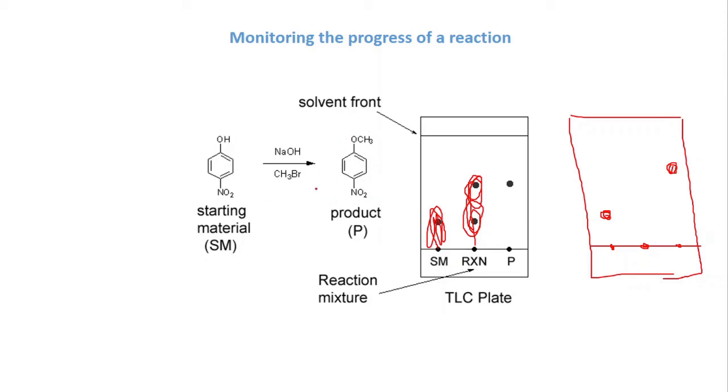This reaction you are running, reactant and product both you have in the lab. So that time you are spotting the product. Otherwise, if you are doing a new reaction, you may not have the product. So that time you cannot spot the product spot. You will have just the reactant, co-spot and reaction mixture. I will explain what that co-spot is.